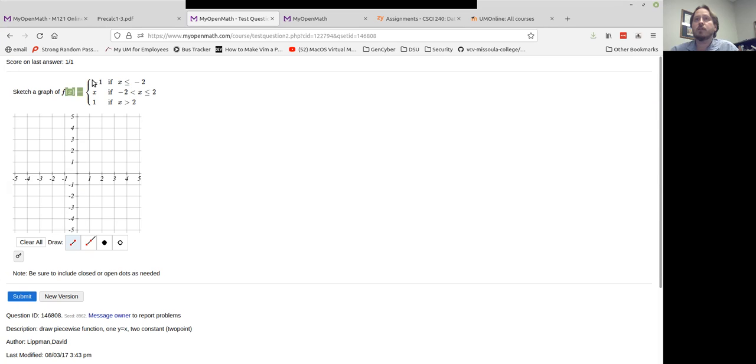So f of x equals -1, that sounds like it's a horizontal line. It has a slope of 0 if you want to think of it that way. So what you would need to do is say, okay, well, when x is less than -2, that means we're over here somewhere. Let me just get rid of that. All right, so if you're over there,